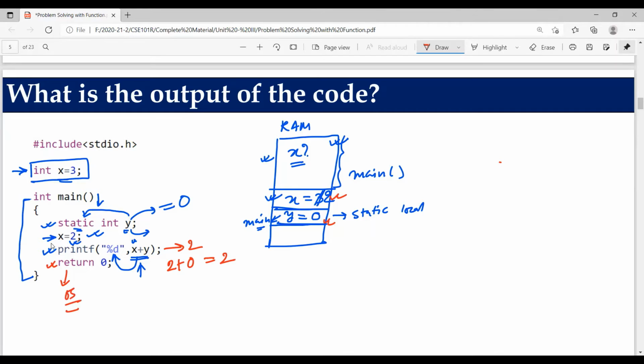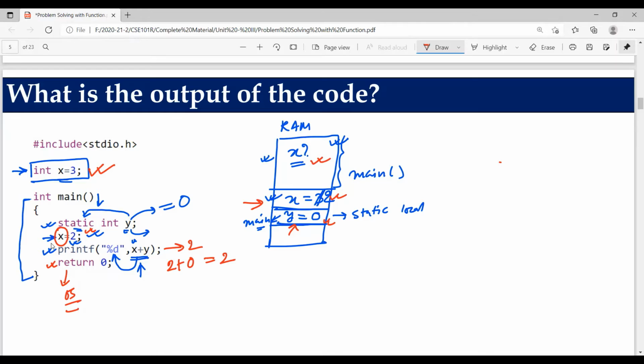In this program I have used here to discuss 2 points especially. First of all, the global variable gets memory in a totally separate block. Then the local variable y is declared as static; it also gets a separate memory block, although it belongs to the main method. Next, when you refer to a variable, the compiler always checks whether that variable is present within its space or not.